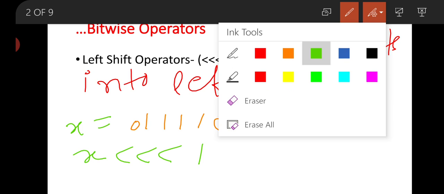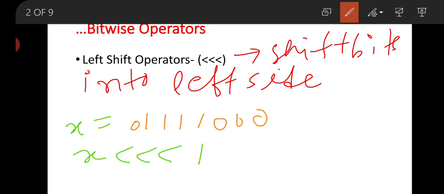Now see the result. This is your left shift, so the bits will shift to the left. Here this 0 is replaced by 1.